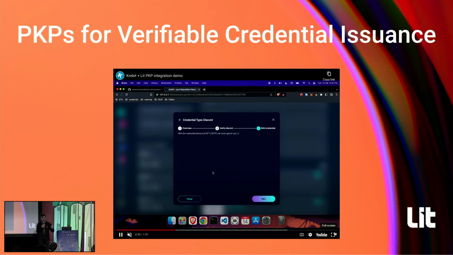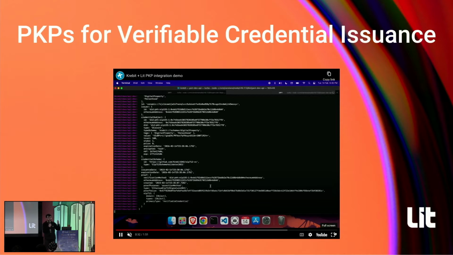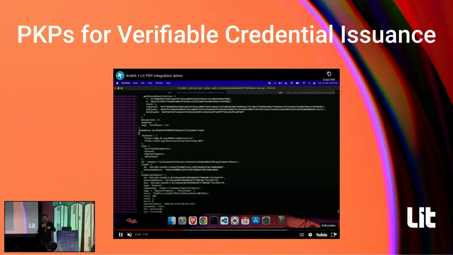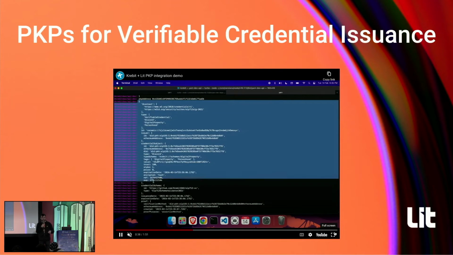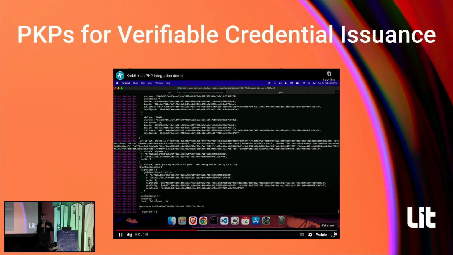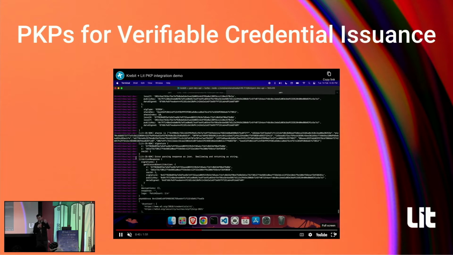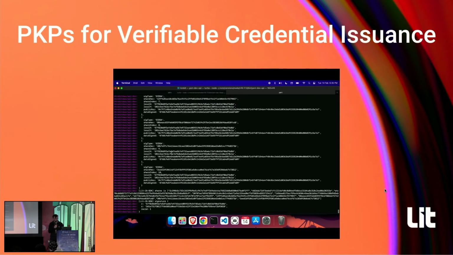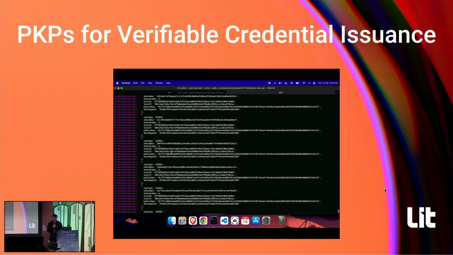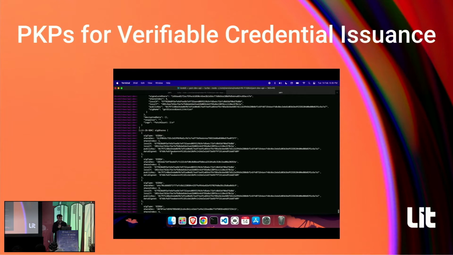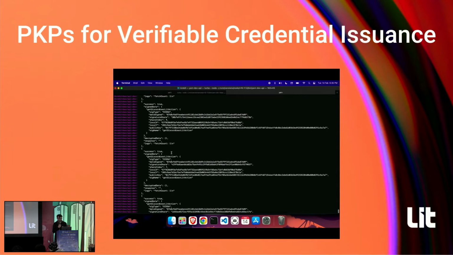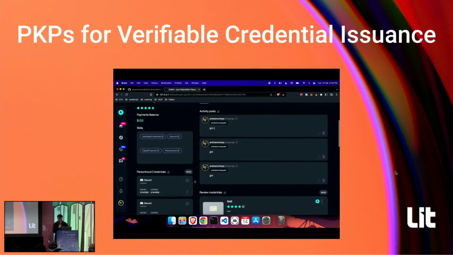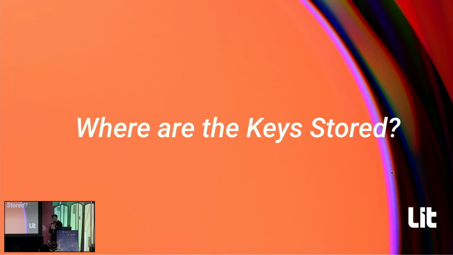This is really interesting in the context of verifiable credentials, because what we're looking at here is a method for having the network, 20 of these 30 nodes, sign to say, yes, this is this user's Discord name, and then that is encrypted and stored on Ceramic or Arweave or IPFS or whatever the storage network of choice is there. And so it's basically like automated verifiable credential issuance, or like an issuance bot, maybe you could think about it in that way.